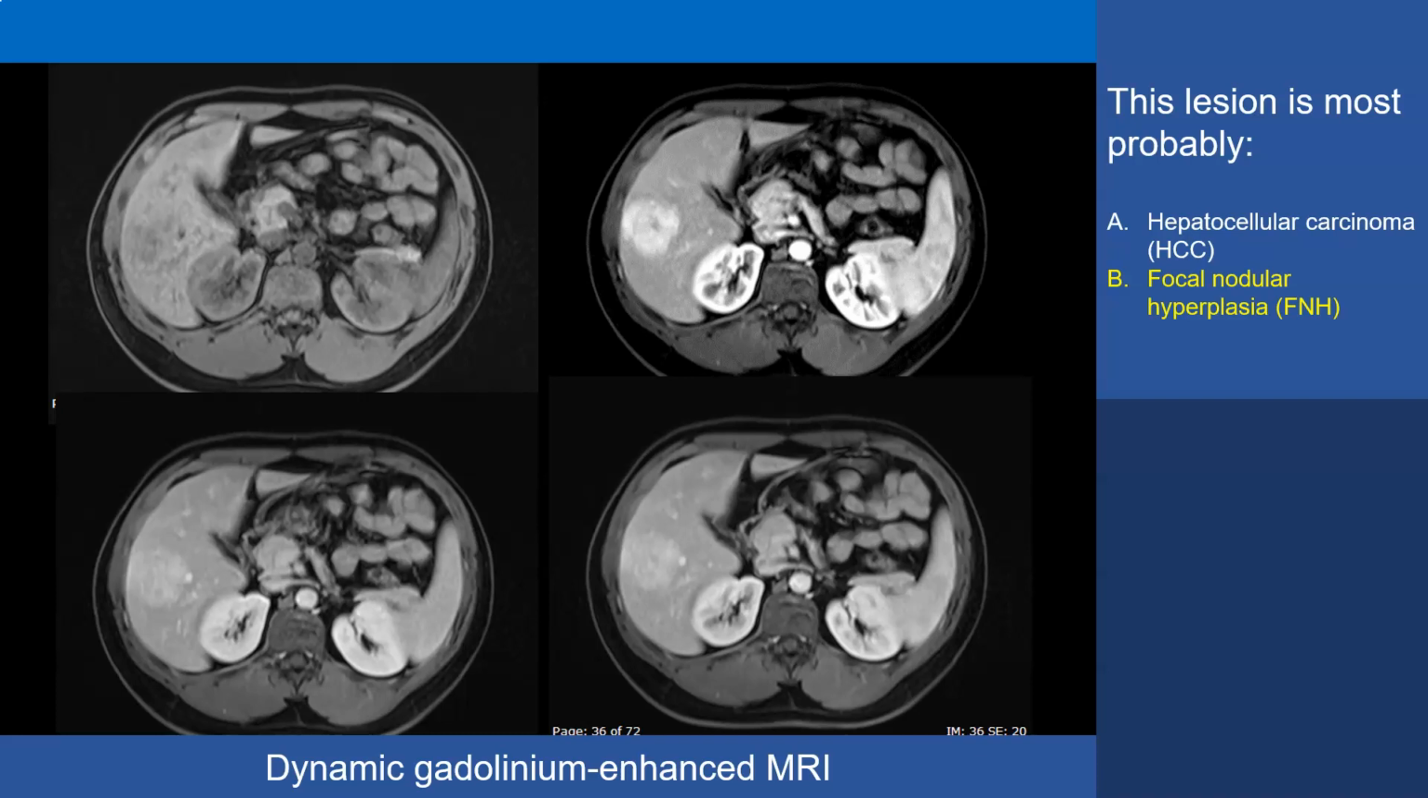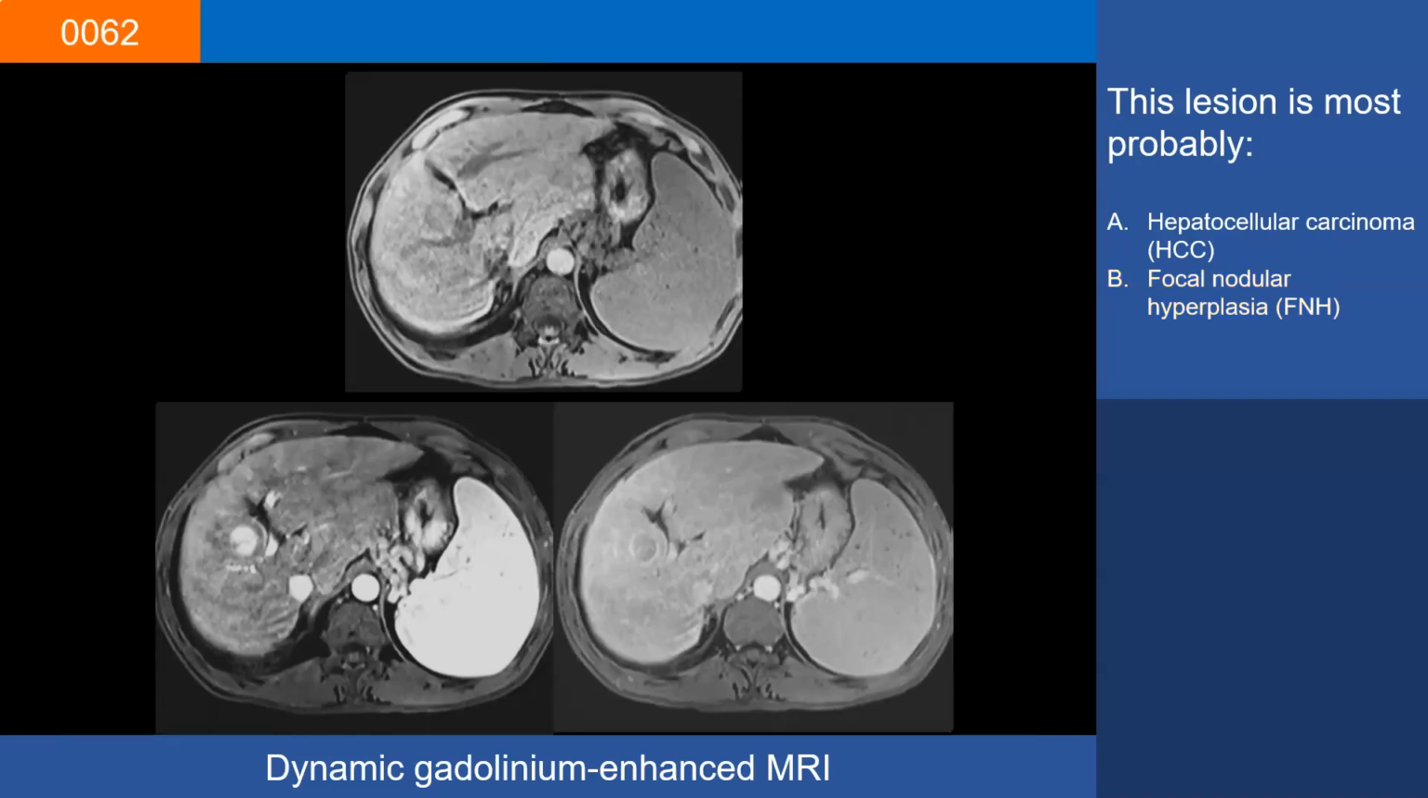The second differentiating point in this case is the presence of a central scar, not showing enhancement on the early phase of the dynamic gadolinium enhanced study and enhancing subsequently. The third difference is the absence of cirrhosis. As you see, this liver is not cirrhotic and the spleen is not enlarged, whereas hepatocellular carcinoma occurs most frequently